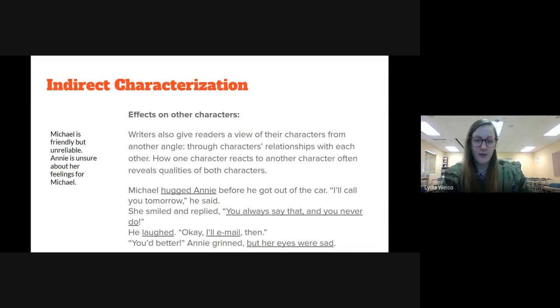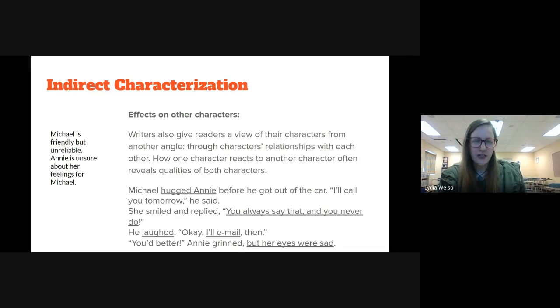So, Michael hugged Annie before he got out of the car. "I'll call you tomorrow," he said. She smiled and replied, "You always say that, and you'd better." Annie grinned, but her eyes were sad. So Annie's response to Michael is like, oh, you won't call. And then she's sad about it. So he seems kind of unreliable. She seems to not think he's very trustworthy,